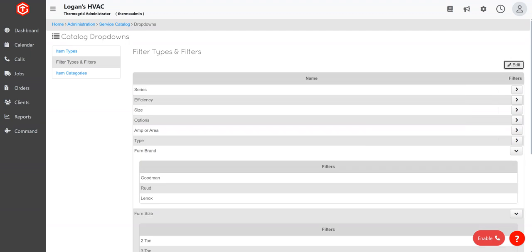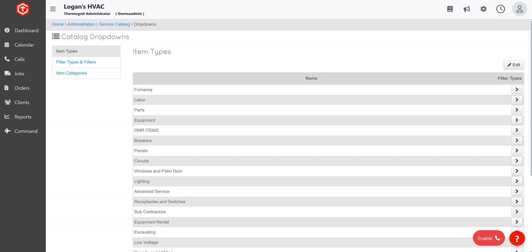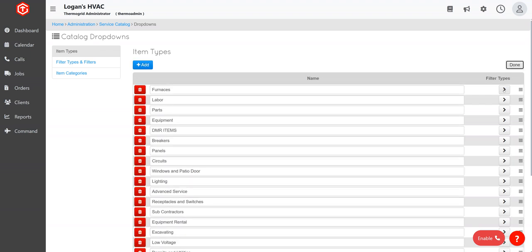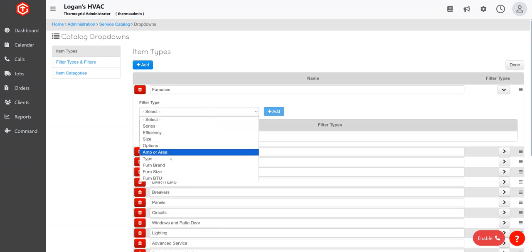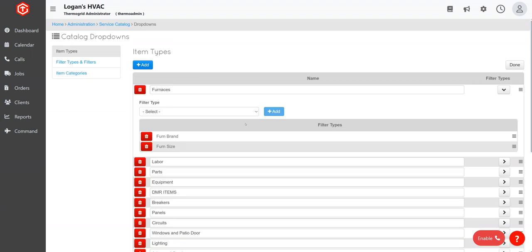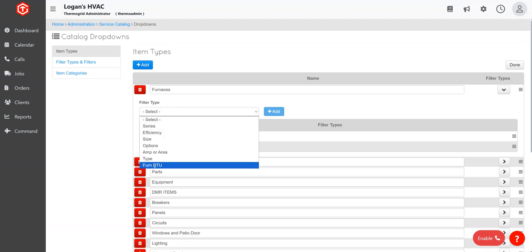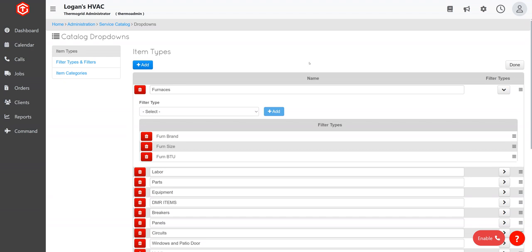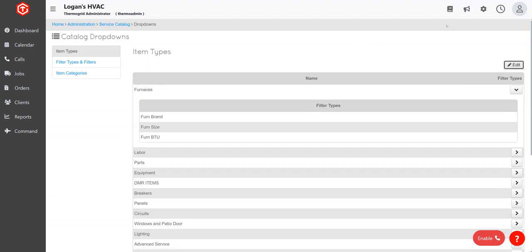All right, so once we're done, we can choose these. We need to now apply this to the furnace though. So now I can choose my furnace brand, add that, my furnace size, add that, and the furnace BTU, add that. Fantastic. So now if I want to add an item into my catalog, I can go into my items,